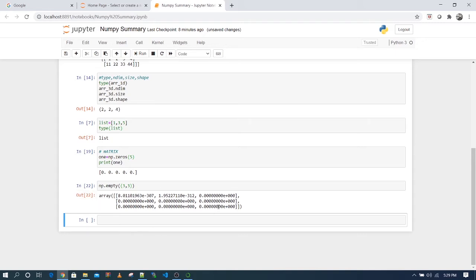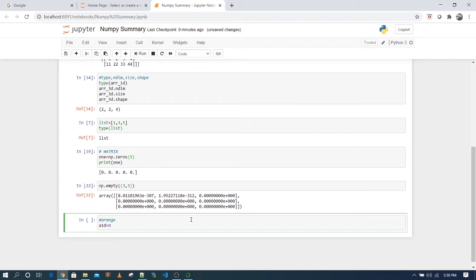Now let's see how to create an array using a certain range. arange is the function, used to create a one-dimensional matrix.